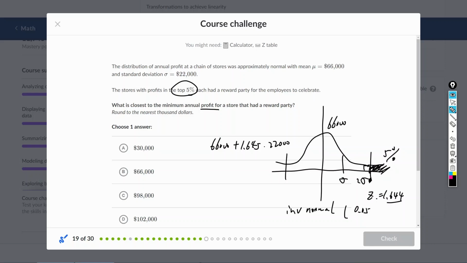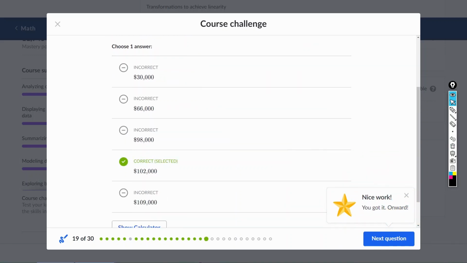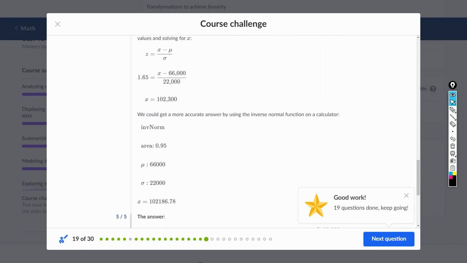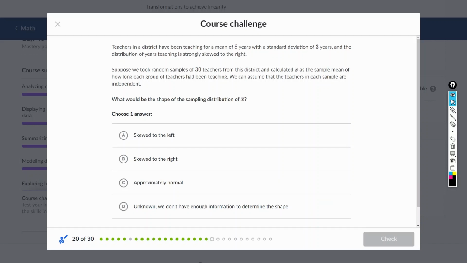1.645 乘以 standard deviation 22000，再加上66000，会算到102190，那就是这个。好的，我们看一下它的解释吧。对，就是用 z-score 算一下，它直接也可以，反正你只要理解了，怎么样算都可以。对，好，下一个，Teachers in a district have been teaching for a mean of 8 years,